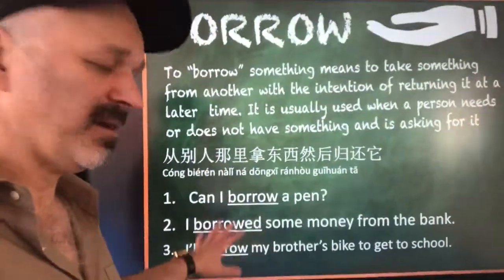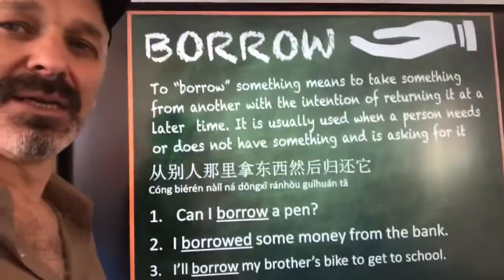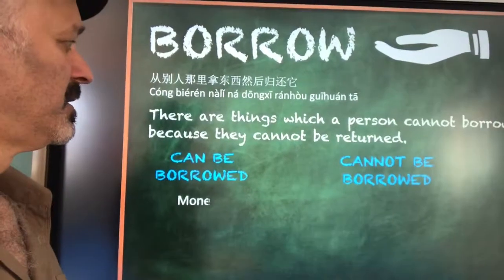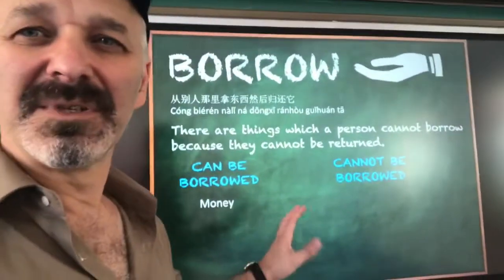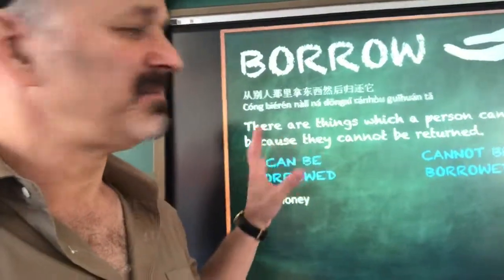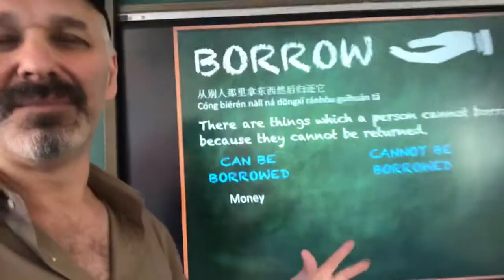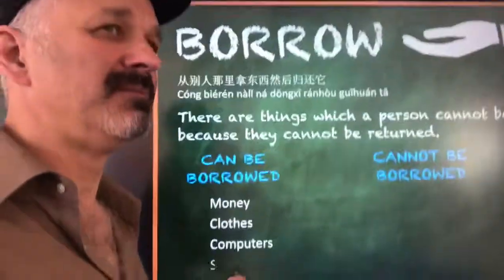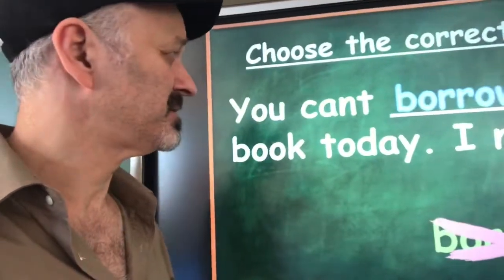And here, I try and touch on the past tense. 7th graders should be familiar with it, and also question forms. I actually have been skipping over this slide recently because some of it's a little bit vague. I try and make distinctions that there are certain things that can't be borrowed because you can't give them back. Most specifically food, you can't borrow somebody's drink.